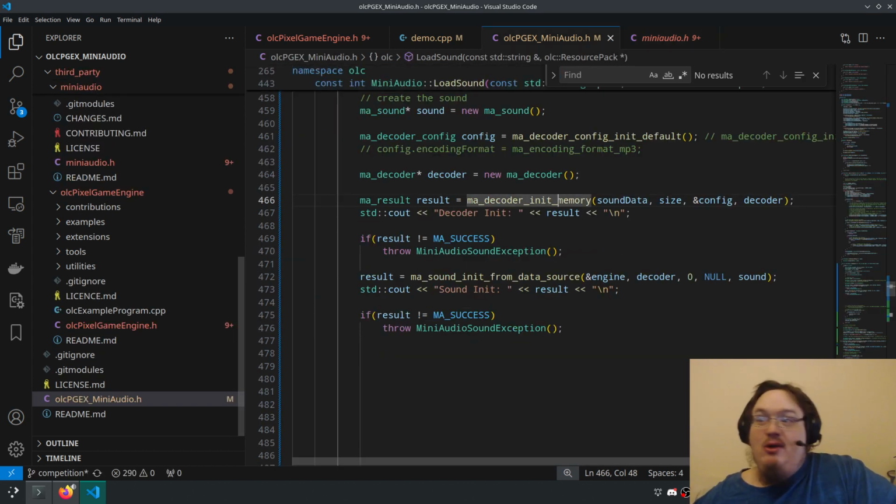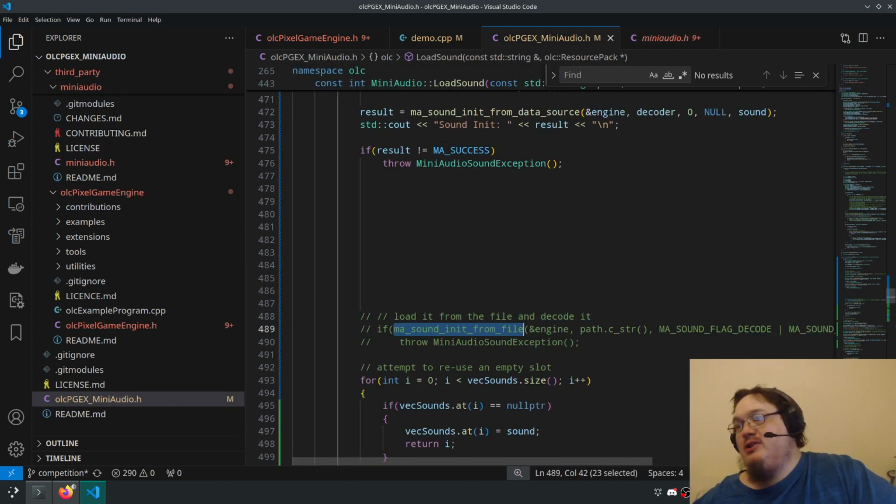Let's start with the file that we know that works. Let's start with the function we know that works.